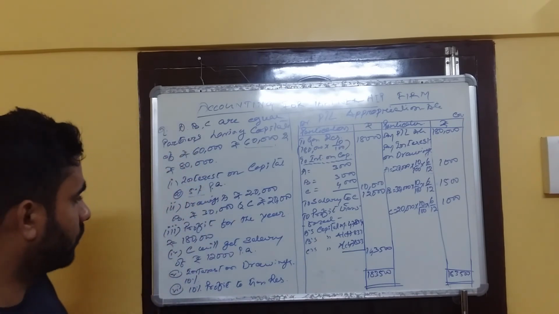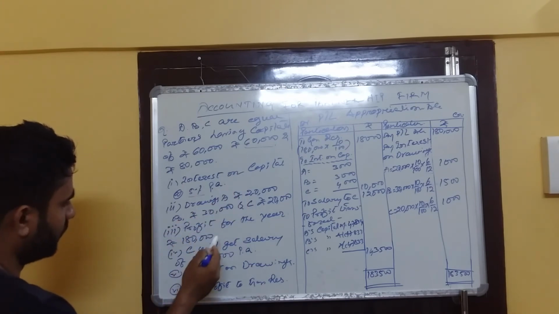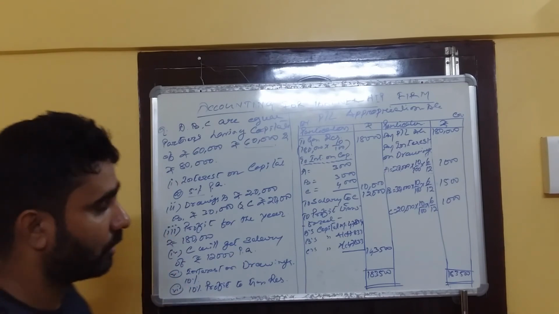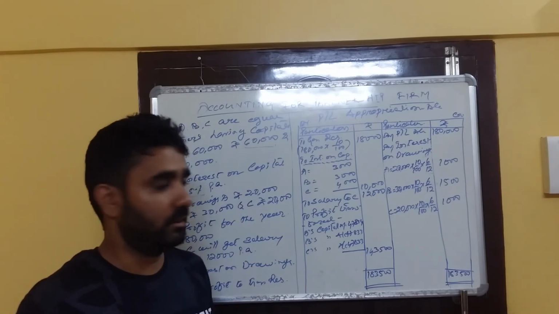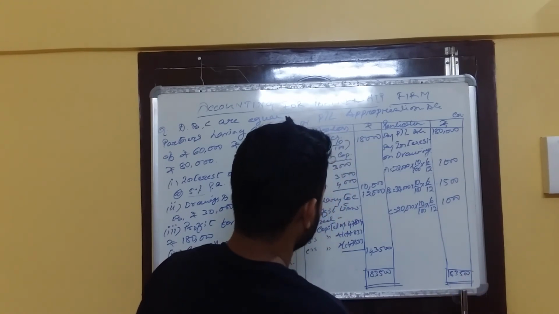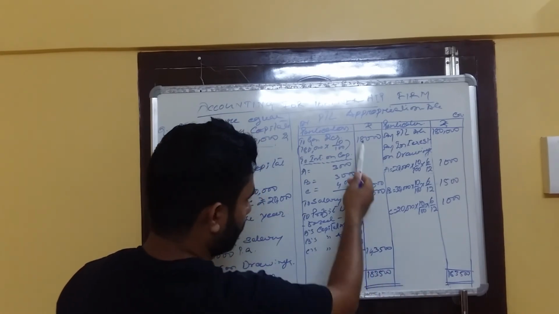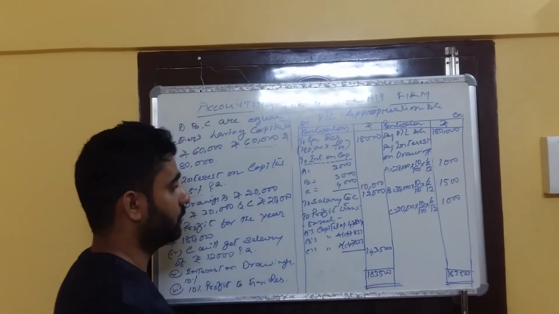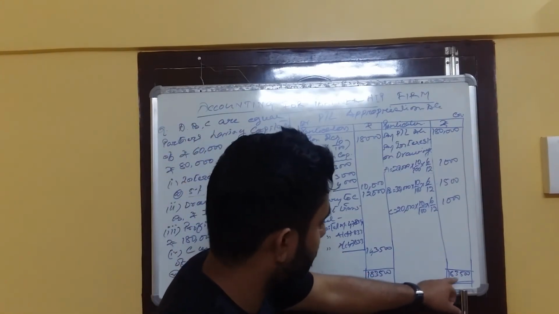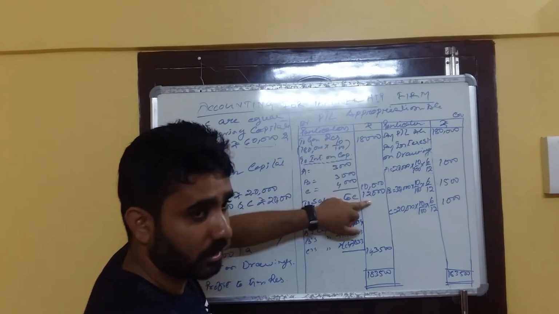And next, what will we do? Nothing, we have done all the points. Point number 1 I have done, then 2, 3, 4, 5 and 6. So we have done all the points. Now what you need to do is, same as a ledger, we make the total of the credit side. It is coming to 1,83,500. Next, out of this 1,83,500 we deduct all the expenditure to get the divisible profit. Out of 1,83,500 we deduct 18,000, 10,000, and 12,000.